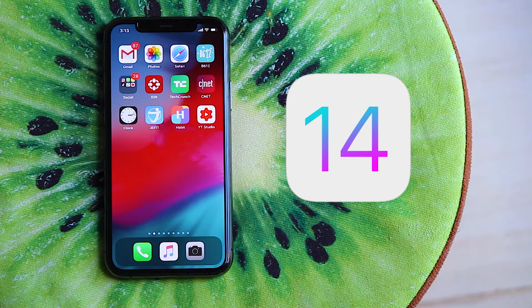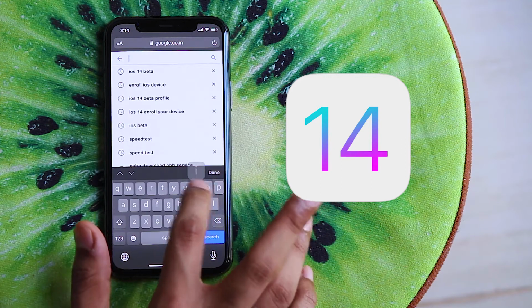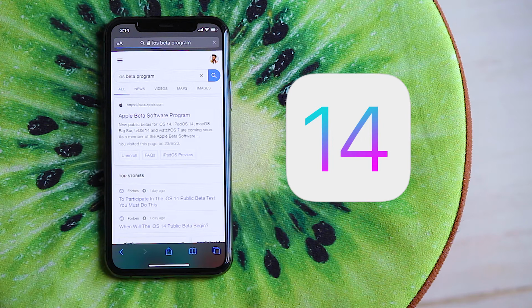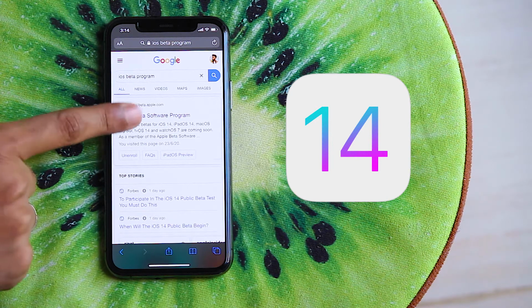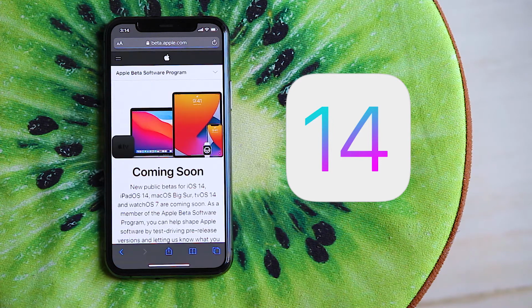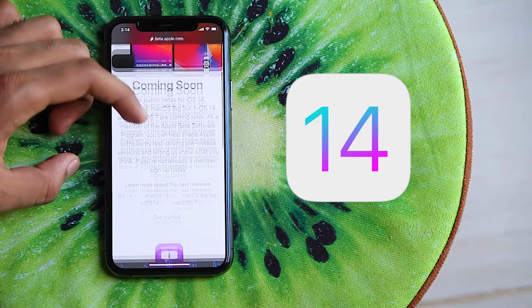First thing you need to do is enroll your iOS device. What you have to do is go to Safari and then search for iOS beta program. Once you search iOS beta program, the first option will be the Apple Beta Software Program. This is the official Apple website. Once you're on this website, scroll a little bit down and